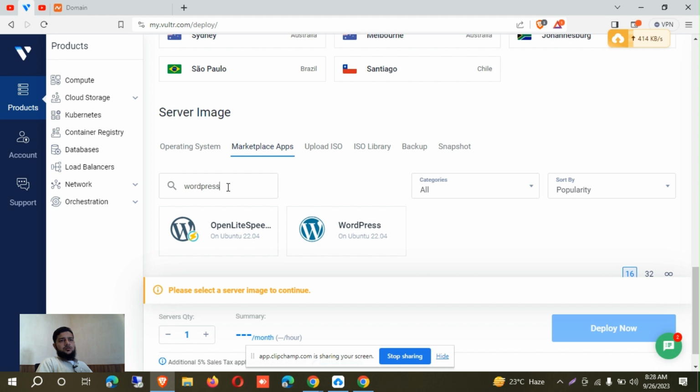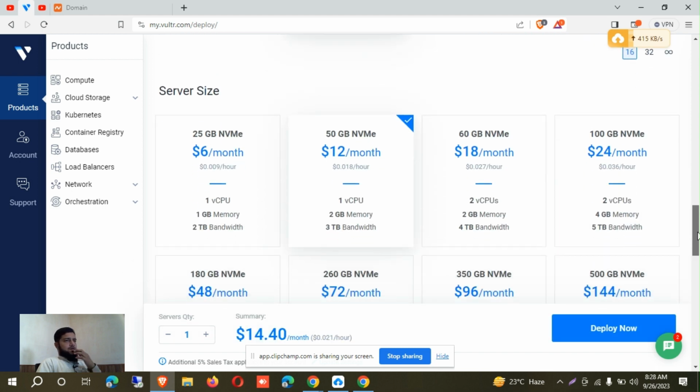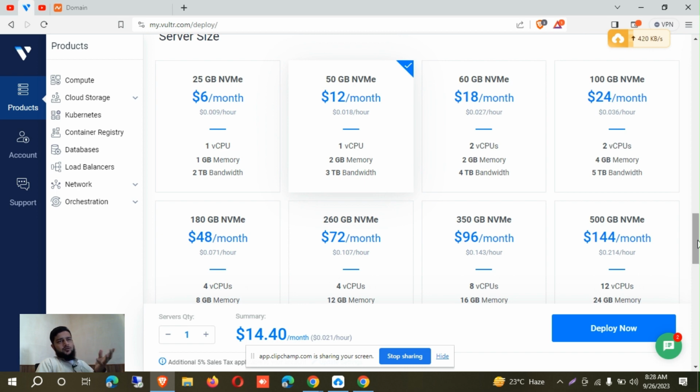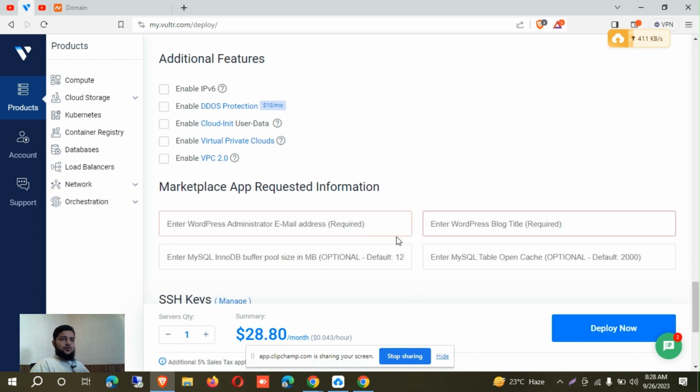Once you are here, you are just going to click WordPress, and you are going to choose what you want for your website. Of course, we need 100 GB of NVMe storage. Two CPUs and 4 GB RAM are enough. Here I'm going to deploy the server now. Here you can choose what your WordPress